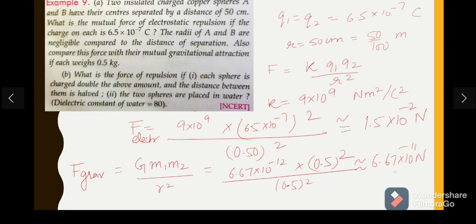Okay, so we can see this is only 10 to the power minus 2 Newton and this is 10 to the power minus 11 Newton. So it is pretty weak. The gravitational force between the particles is going to be very weak as compared to the force of electrostatic between them. Now we come on to the second part of the question, which says,